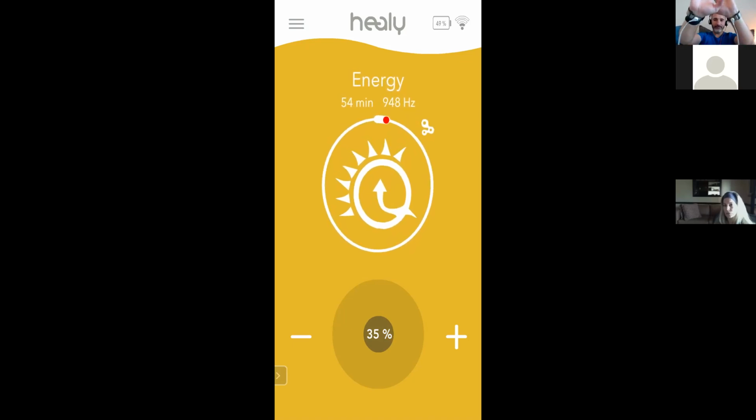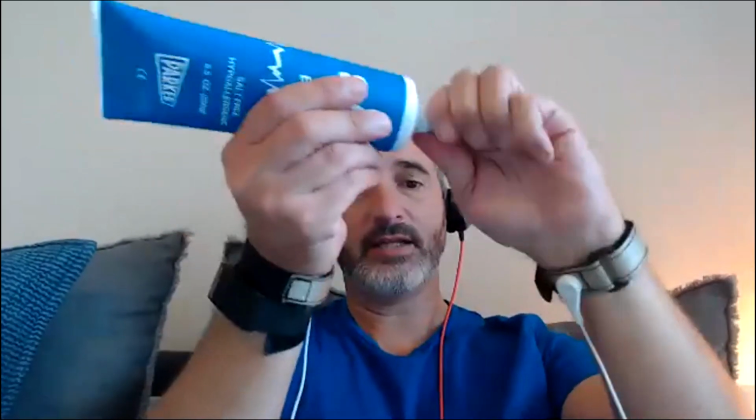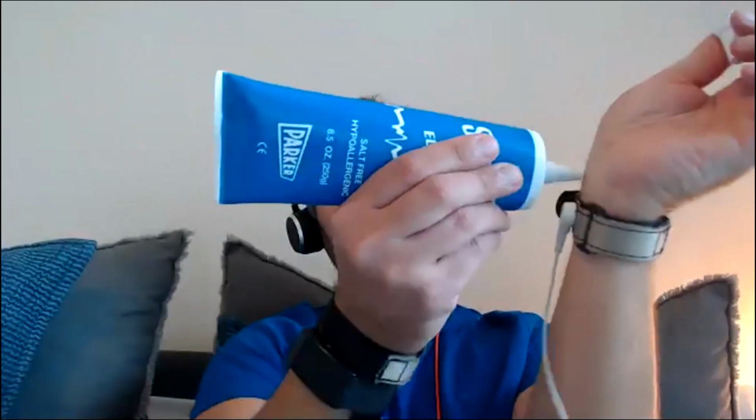So if I did all that and I was still getting connectivity issues, here's a couple things that I might do, okay? You can use water. You can put a bunch of salt in water to increase the conductivity of the water. Sometimes people take little pieces of paper towel soaked in salt water and put those paper towels underneath here. I like to use the electrode gel. It works great. So in doing that, I might just take the electrode gel and put just a little bit on my wrist here.